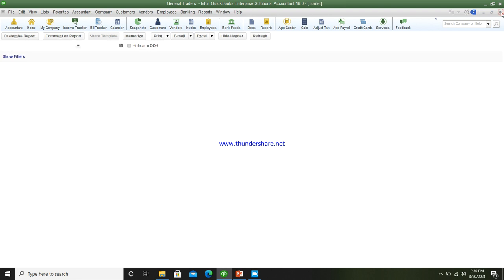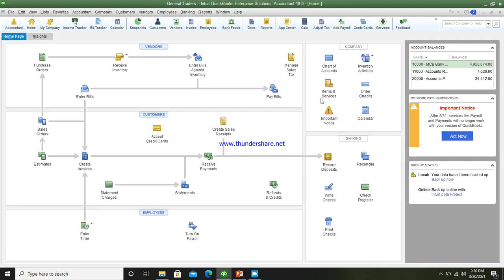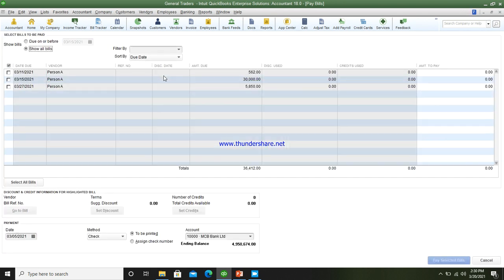Now the last part, we shall pay this bill. Here enter bill against inventory, pay bills there, and here you can see the outstanding list of the bills appearing there. So my vendor bill, person A bill is there, 30,000 remaining.